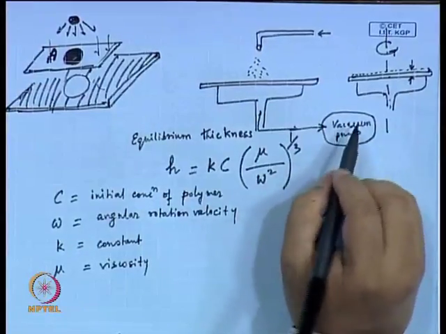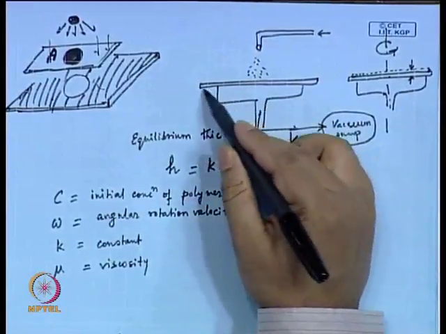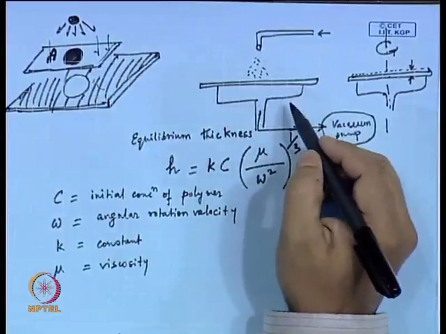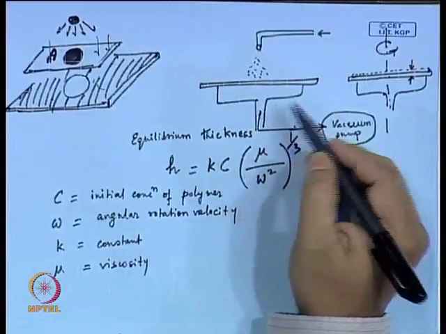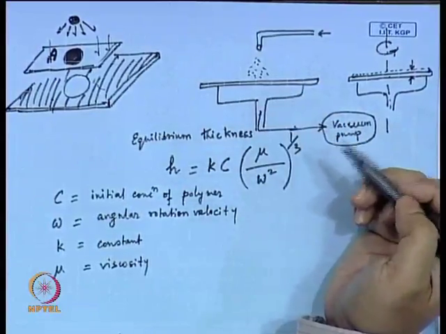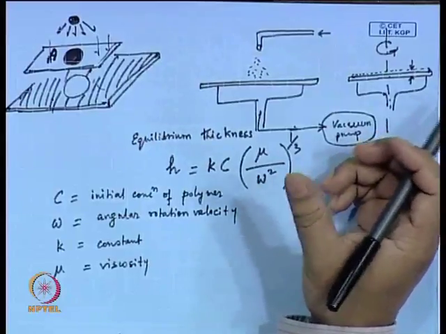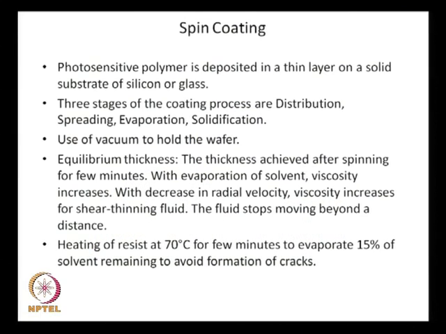This part is connected to the vacuum pump, so that this wafer is held over this chuck by means of vacuum, and not by any mechanical clip or anything, because this wafer as such is very thin and it has to rotate at a very high speed. Now, once you are done with this coating, this is typically followed by heating of resist at